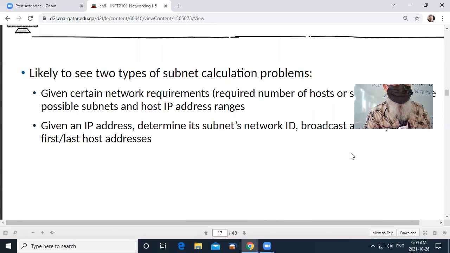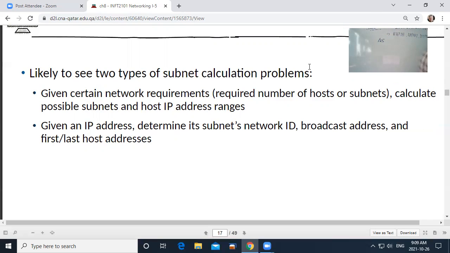Okay, so in the exam that you might have now, when it refers to exams here, it's not talking about CNAQ exams. It's talking about exams from CCNA. So it's talking about Cisco exams, right? But maybe our CNAQ exams could be like this as well. But definitely, you may decide that networking is the business that you want to be in. You want to be a network person. So you might go ahead after you've finished your diploma degree and decide to do some Cisco certifications. And you might find that those certifications are not hard to do because a lot of the stuff we've already covered in the courses.